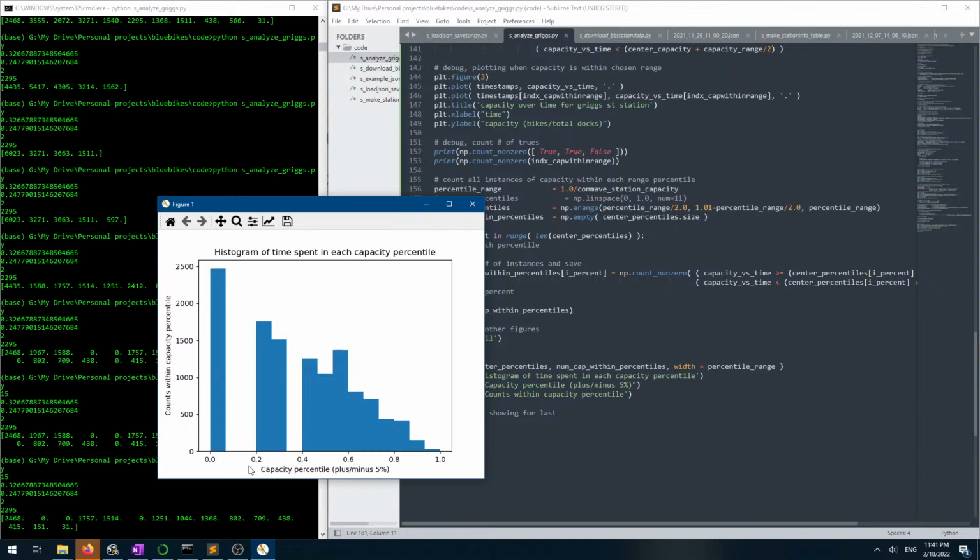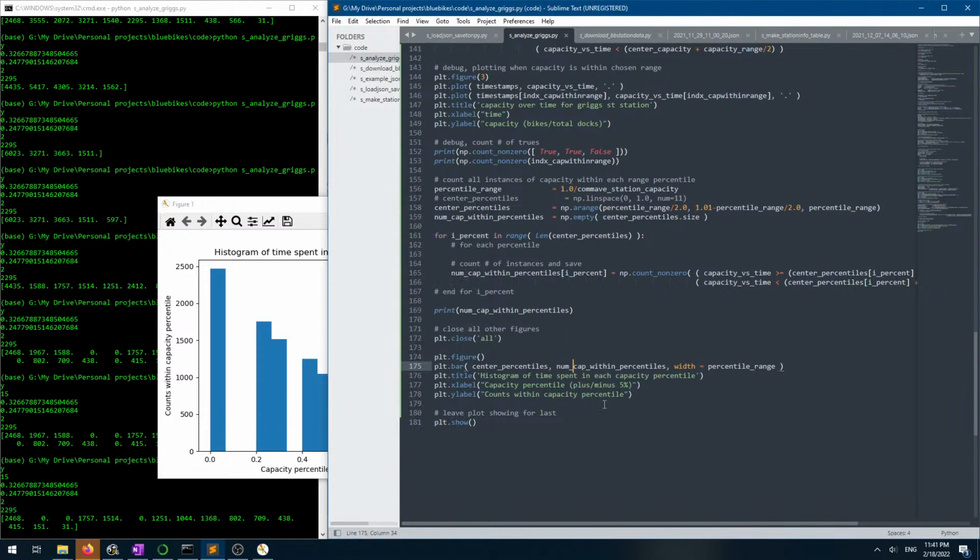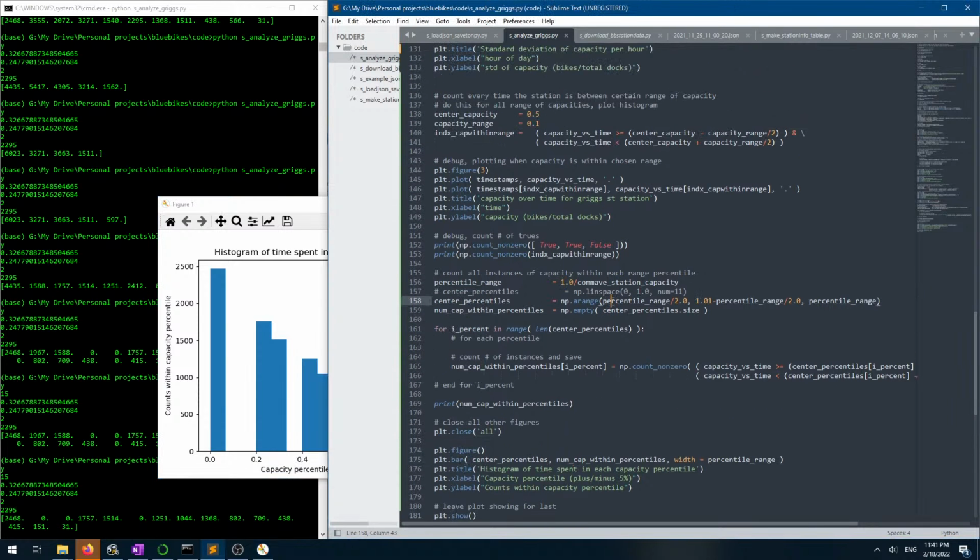The values are discretized, so you should only be finding values at 0, 1 over 15, 2 over 15, 3 over 15, right? Yeah, I think so. So this would actually start at 0, and this should end at 1,